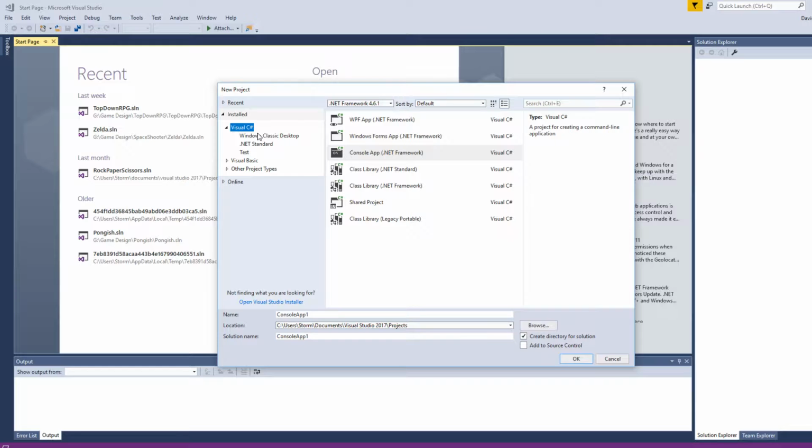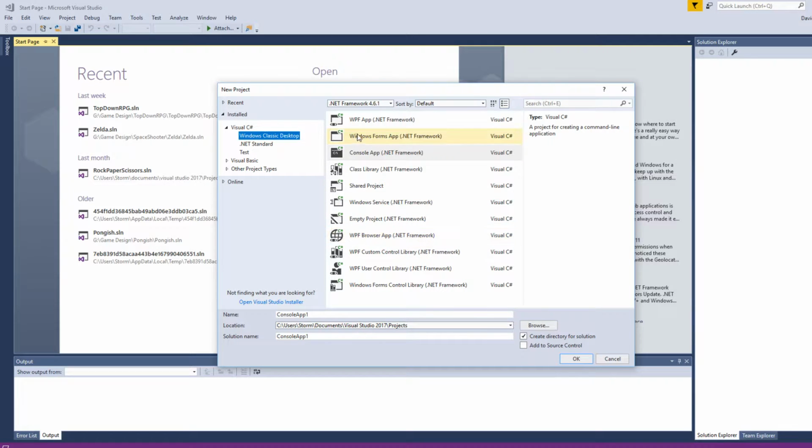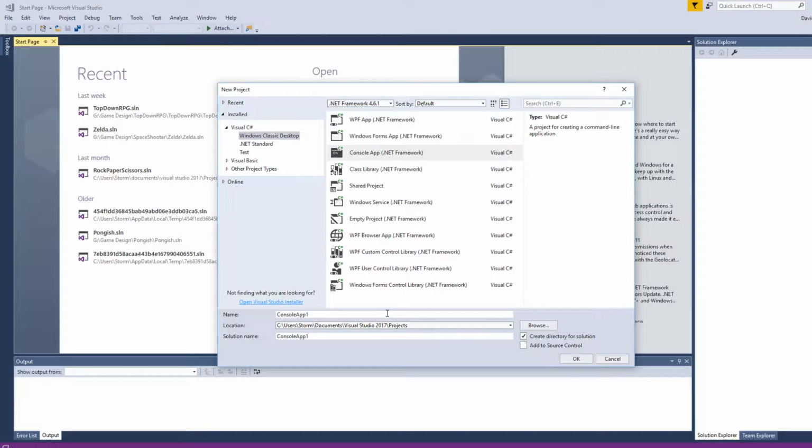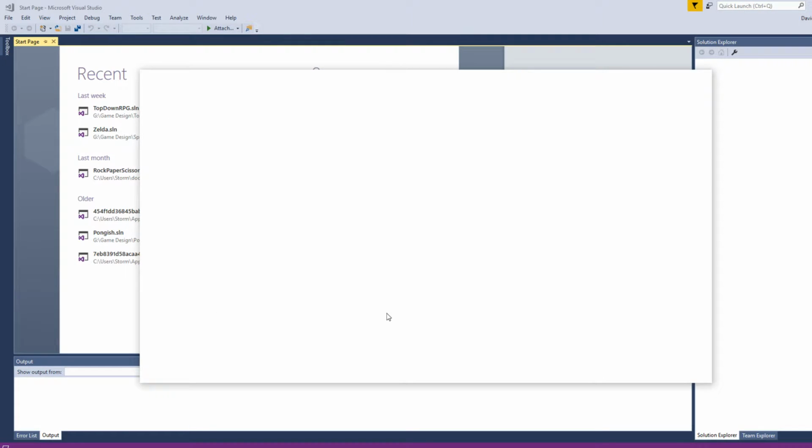You won't have the Windows Form apps or the console apps or any of this stuff. Now, the way I got those, and the way you're going to want to do this as well, is you want to go down here to not finding what you're looking for, open Visual Studio Installer. You're going to click that, and it's going to open a new browser window eventually, hopefully. What we're doing here is we're installing new packages, and the packages are just big repositories of